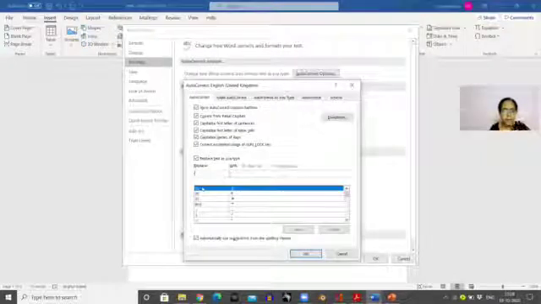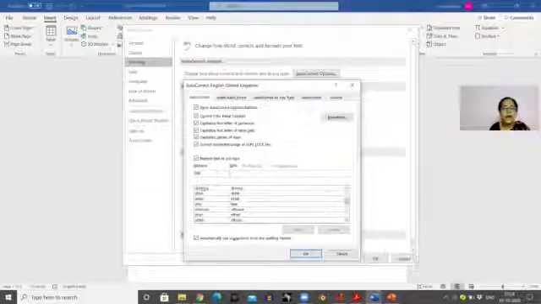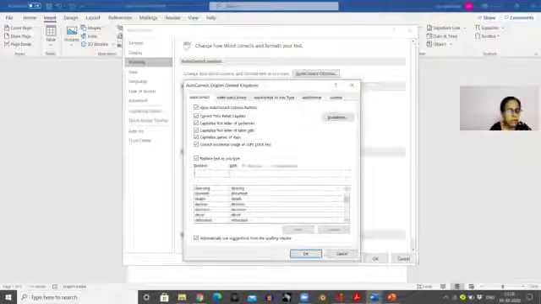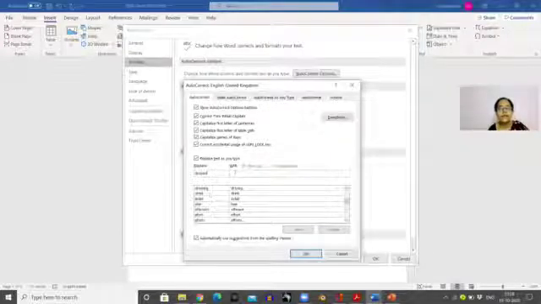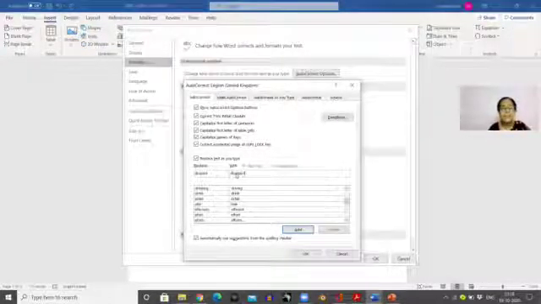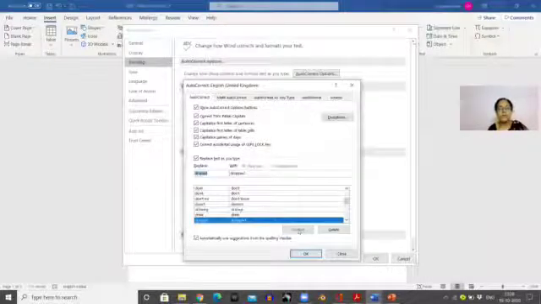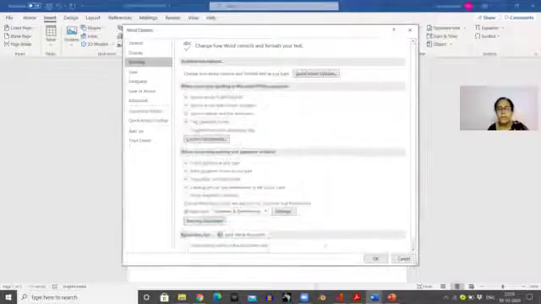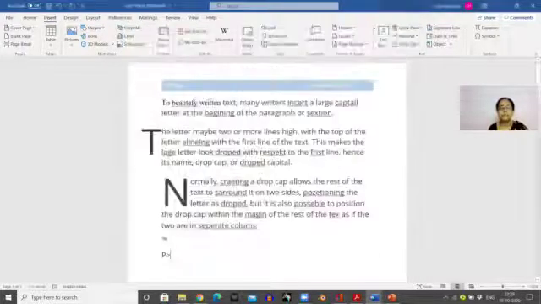Here I'm going to type the wrongly spelled word, D-R-O-P-E-D. I'll remove the caps lock. This is the Replace box and this side is With. In this, I'm going to write the correct spelling, D-R-O-P-P-E-D. So whenever I make a mistake, it's automatically changed. This becomes like a dictionary. You just add this word. I'll click on OK and close this too. So the word dropped is automatically added there.